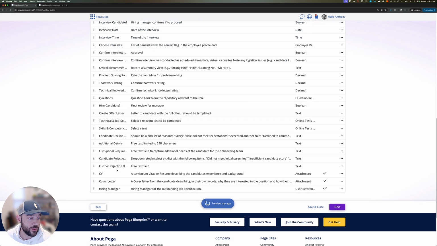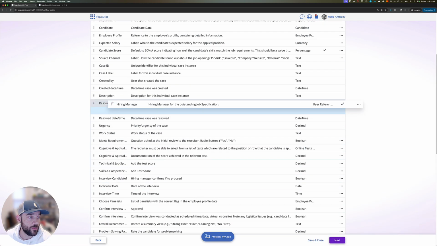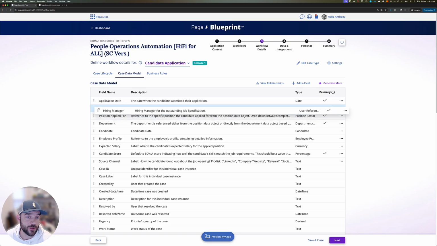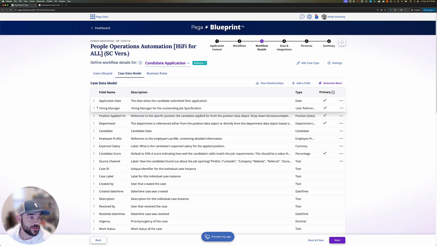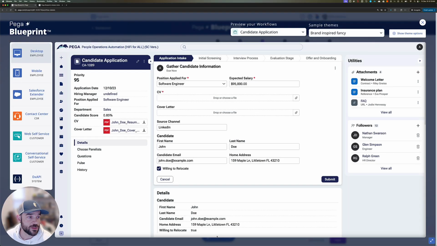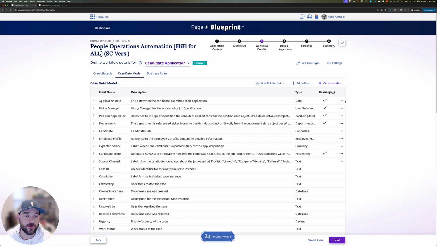And where'd that go? Down here. So I'm going to move this up so that in my summary view, I see it. So let's do that. Let's click preview and see what happens. So I see hiring manager undefined. Okay. Name undefined. Let's see, maybe if you update the